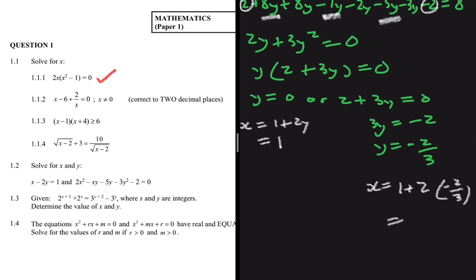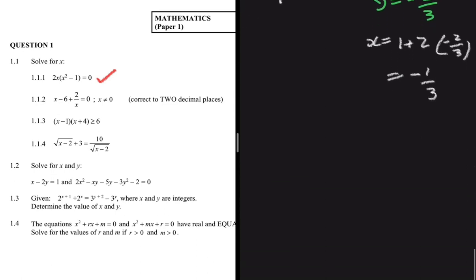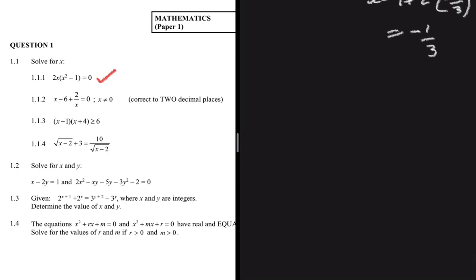If we compute that, we shall get minus 1 divided by 3 when y is equal to minus 2 divided by 3. That is 1.2. Let's go ahead and do 1.3. So in 1.3, given that 2 to the power x plus 1 plus 2 to the power x is equal to 3 to the power y plus 2 minus 3y, where x and y are integers, let's determine the values